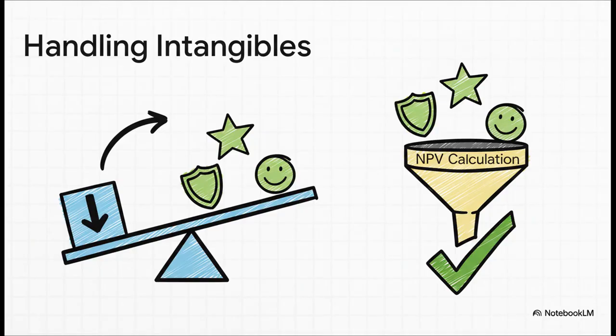So what do we do? Well, you don't just throw your hands up and ignore them. There are a couple of practical ways to handle this. One approach is to calculate the NPV without the intangibles. If it comes out negative, management then has to make a judgment call. Are those intangible benefits worth at least the amount of that negative NPV? Another way is to try and project some conservative, rough estimates of the value of those benefits and then incorporate them right into the NPV calculation from the start.